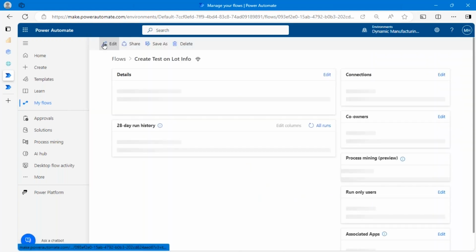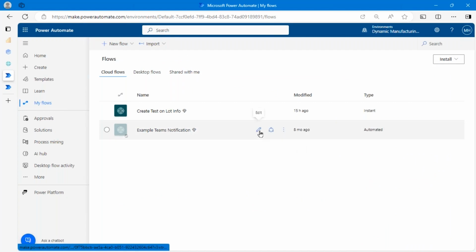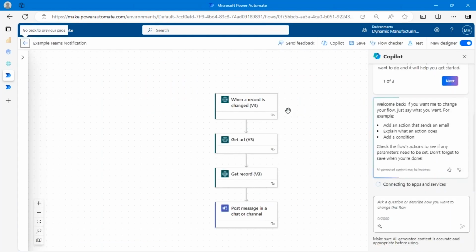Now, the other one that I had in here, just to show you what it looks like, and again, there's a video online for this. So this one's a little different.